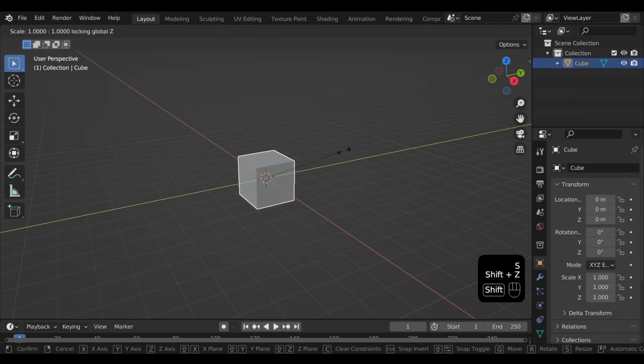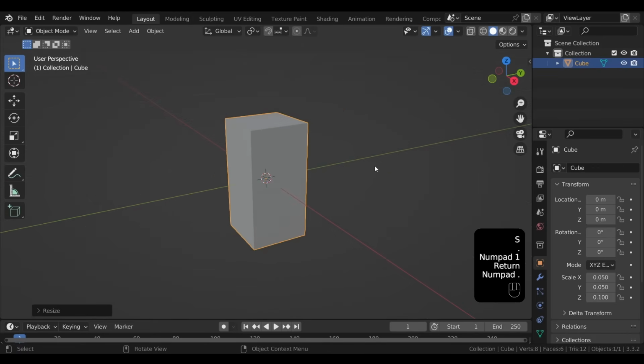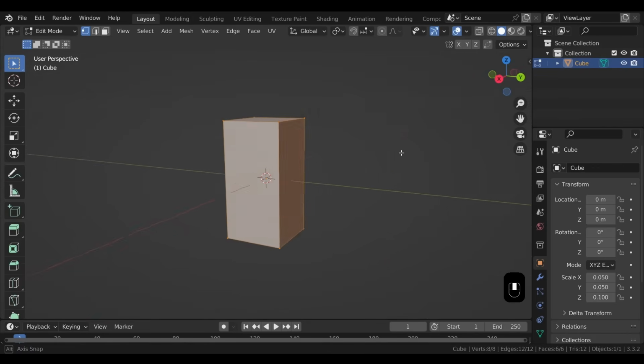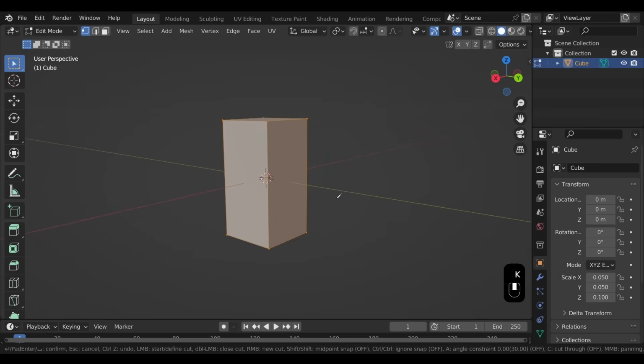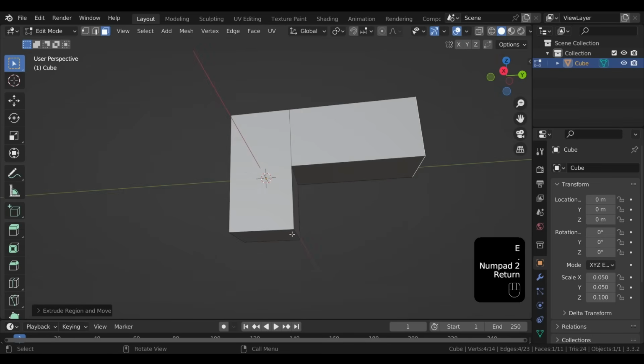Click the cube, S, Shift Z, 0.5, S, 0.1 to shrink that down, period on the numpad to zoom in, tab into edit mode, and we're going to extrude the barrel down the positive Y-axis. I'll press K to go to the knife tool, and then shift click these edges to put those vertices in the middle, Enter, 3 for face select, click the top one, E, 0.2, and then I'll click this bottom face